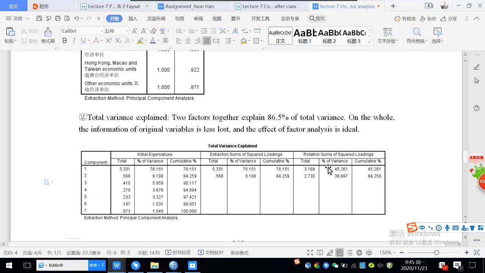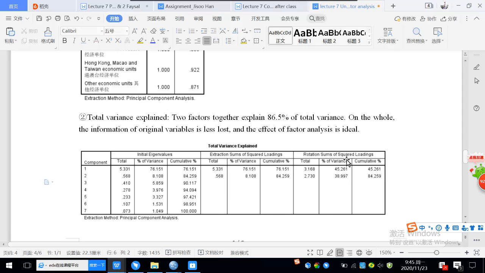Okay, now, because we input the number of the factors, the number of factors is 2. So the computer will help you to extract 2 factors. Here is number 1, here's number 2. And after 2 factors extracted, totally